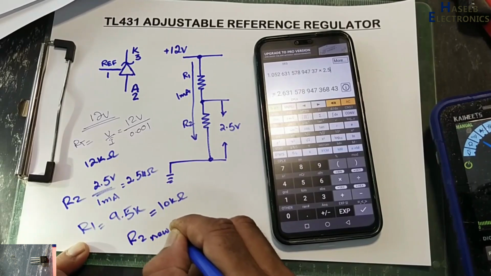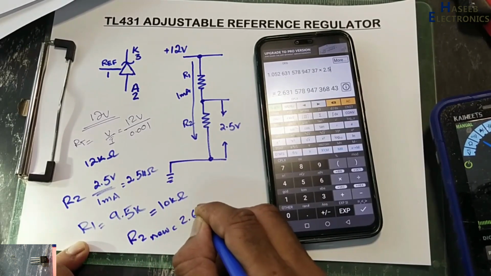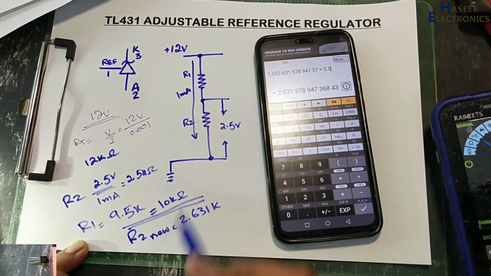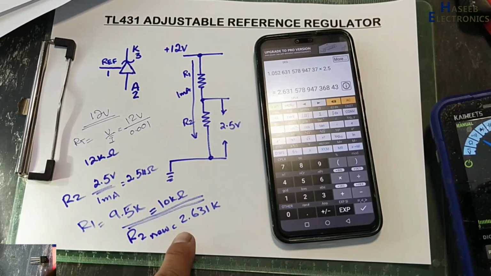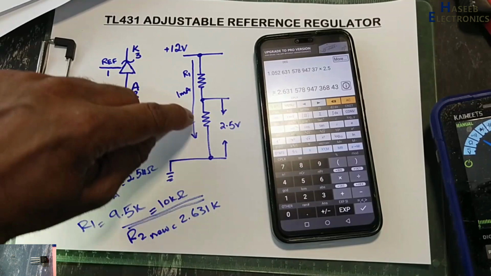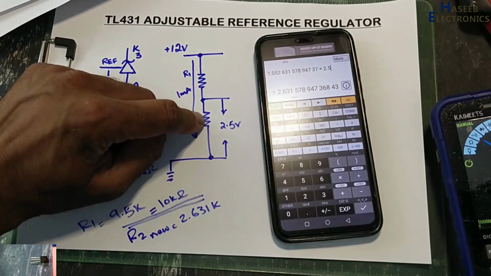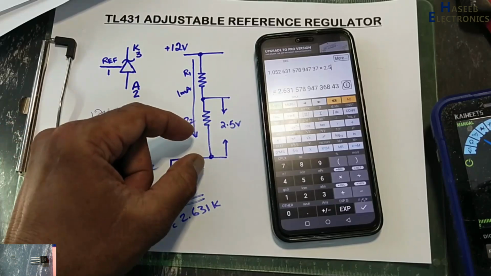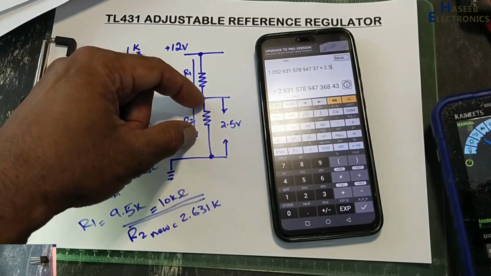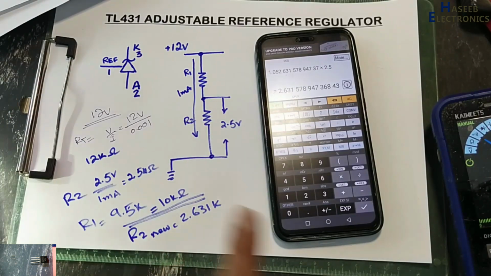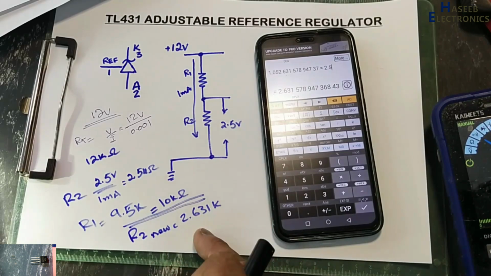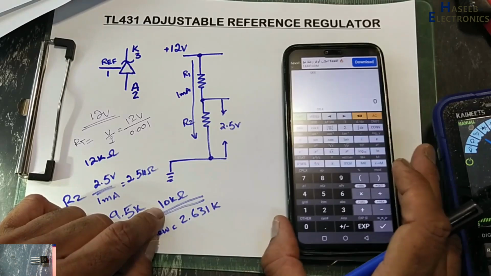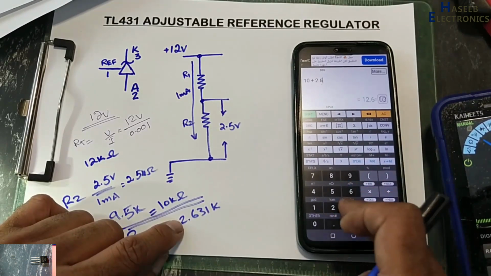R2 new: 2.631K. So these are now values. Although we will not find 2.631K, we will use any available resistor, 2.2K, and we will use a trim pot, a variable resistor, to make it exactly 2.631K, or we can select the next higher value, 2.7K, that is available in the market. When we use these two values, 10 plus 2.631,